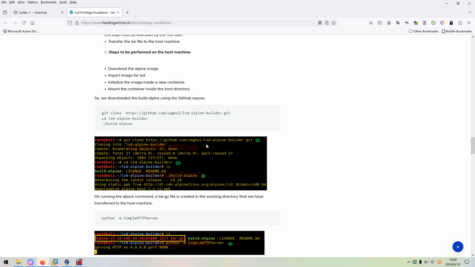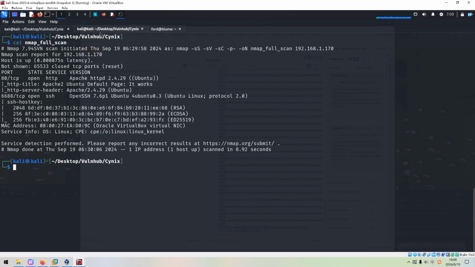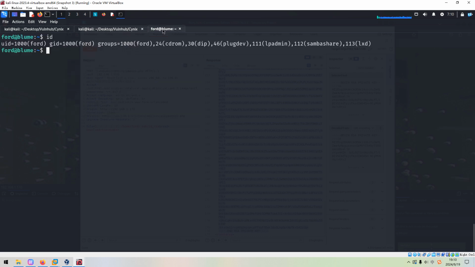You can scroll down. We can clone the file from GitHub. I've already done that. And then we can upload this image to the target. How to do it? We can set up a web server on Kali Linux. Now let's go back and navigate to the temp directory, where we have permission to write, to save, to execute anything in most cases.